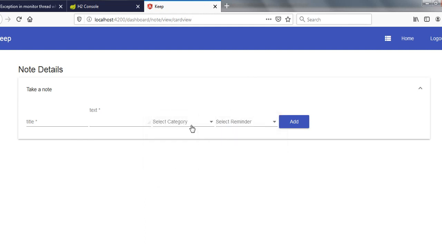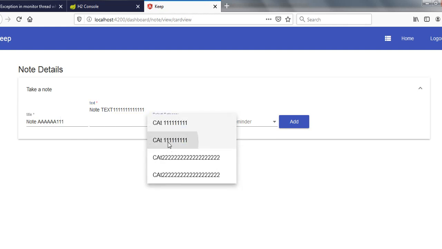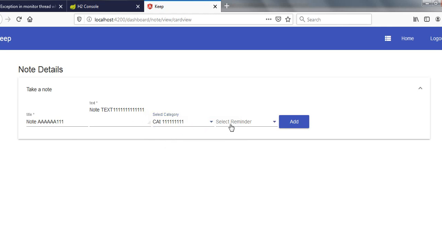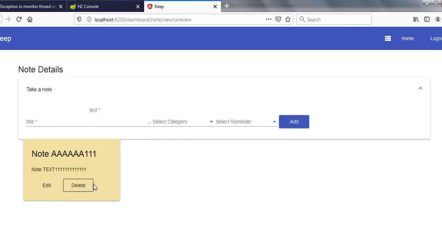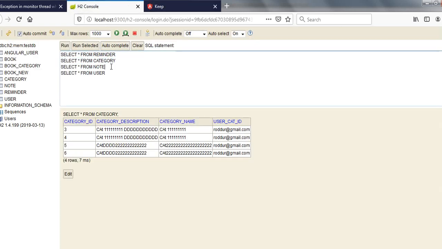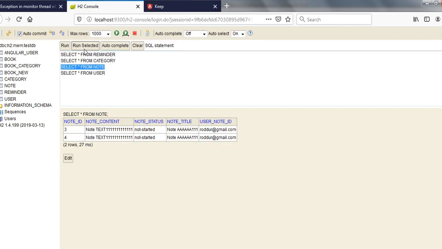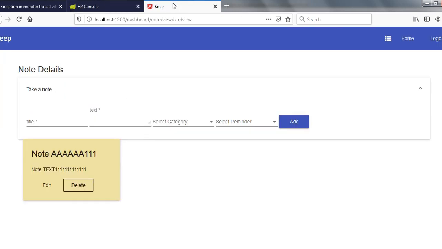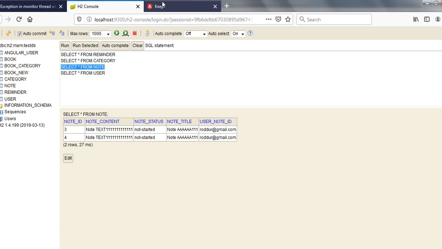Okay, so let me add a note, note txt, and category, let me check one of the category, and 2 reminder I add. So note has been added. Okay, so there is a note that has been added. Another note,